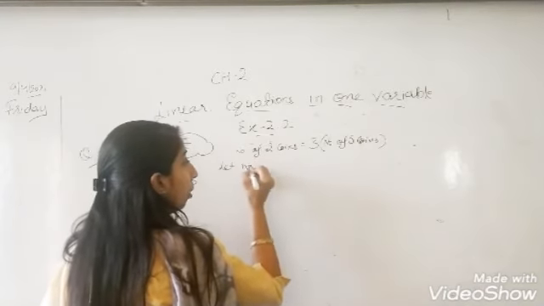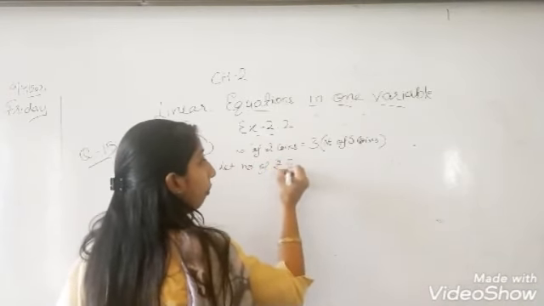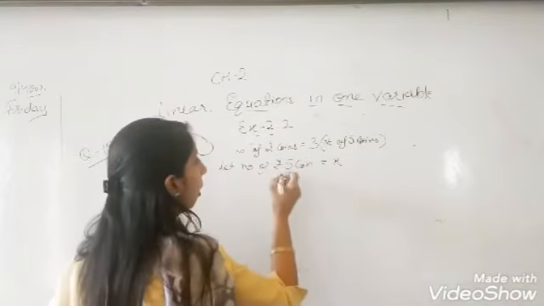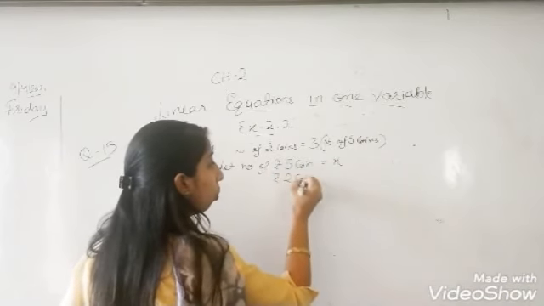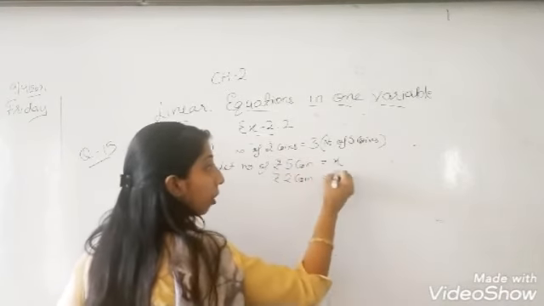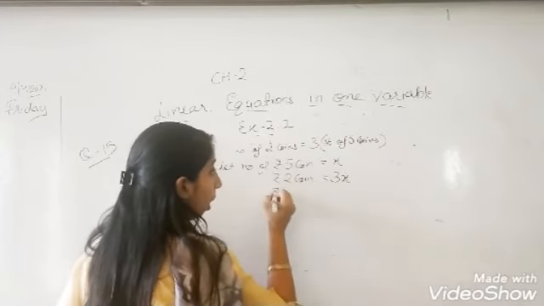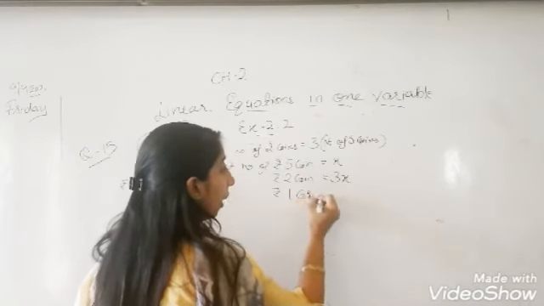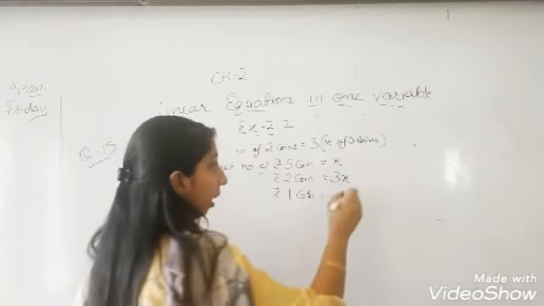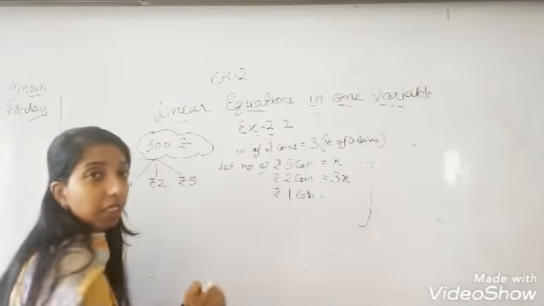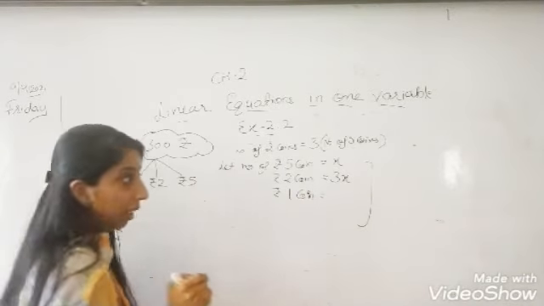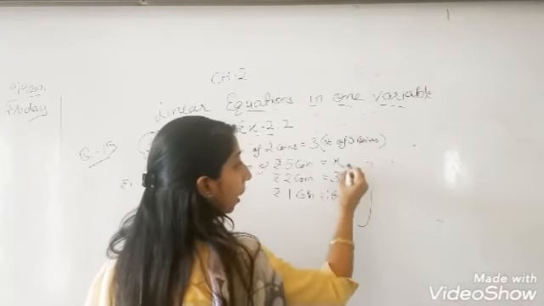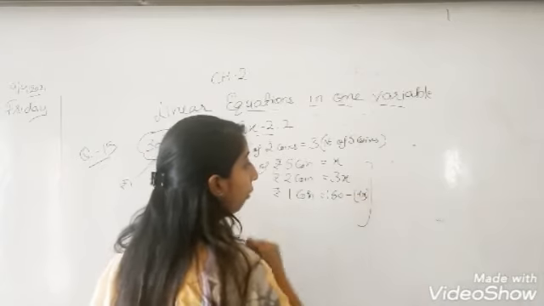let the number of rupee 5 coins be x, because there is no information about this, and the number of rupees 2 coins will be 3 times this, it means 3x. What about the number of rupee 1 coins? It is not given to us, but we are given one piece of information that the total of these 3 will become 160. Okay. So what I can take is 160 minus 3x plus 1x, which will be 4x.